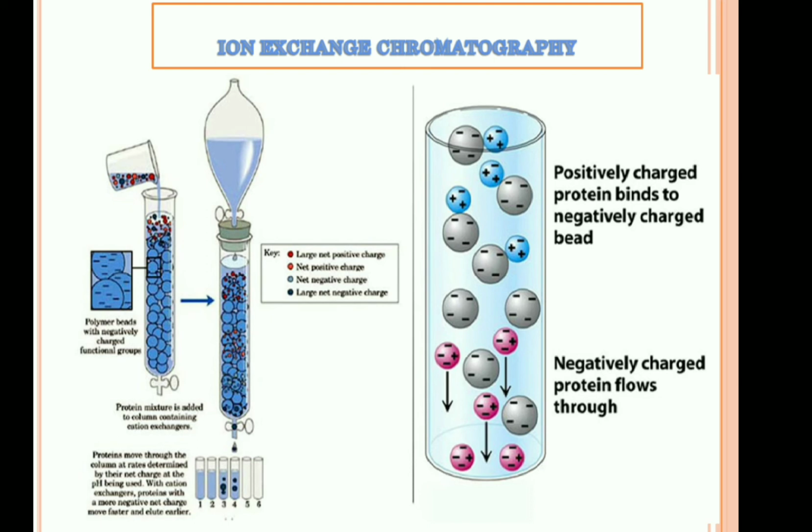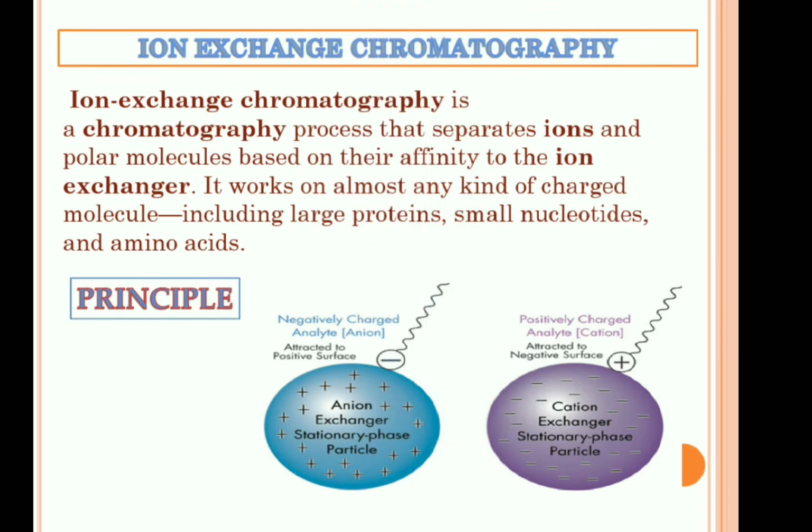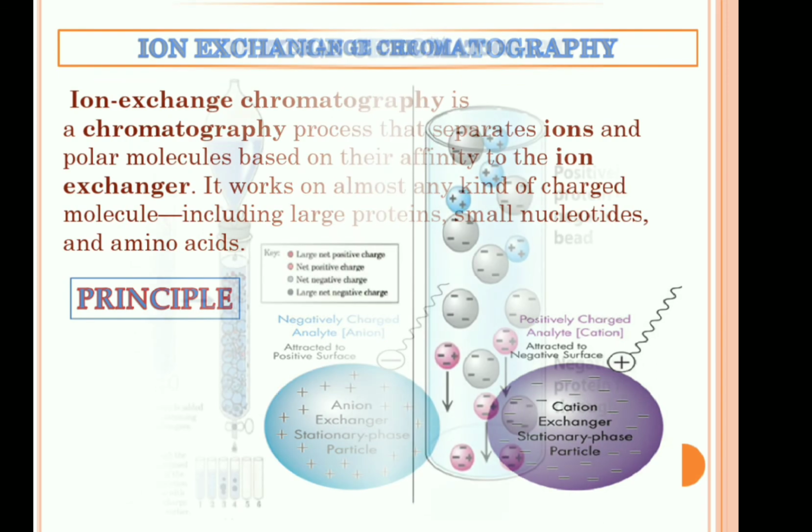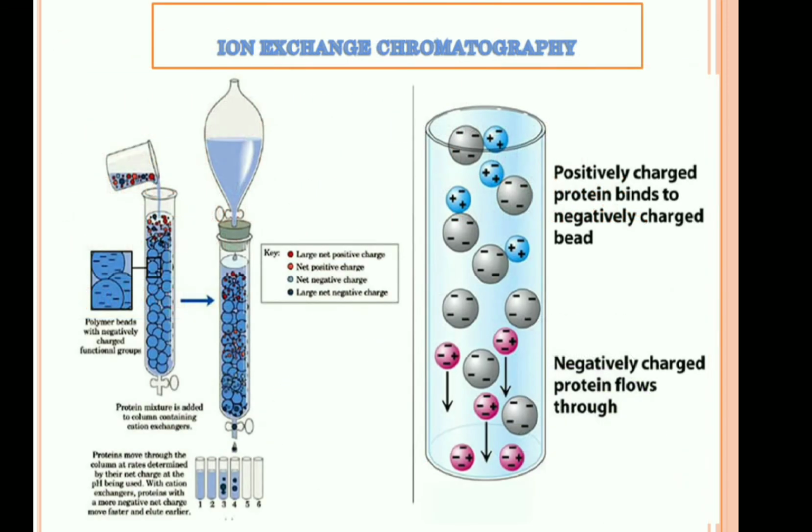These beads are what? The resins. They are an insoluble matrix, which is the stationary phase. These beads are the stationary phase, which has what? Cation exchangers. What are these cation exchangers? They are negatively charged, and these cation exchangers will attract the positively charged proteins from the sample. In the same way, the negatively charged proteins flow through,